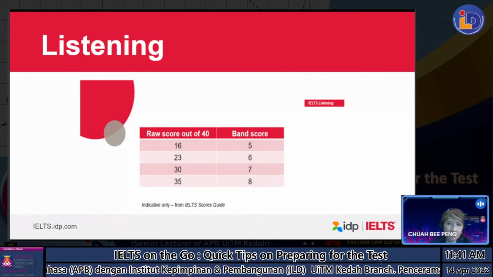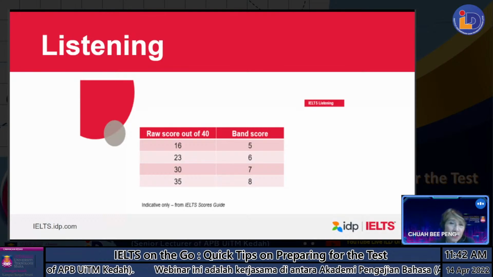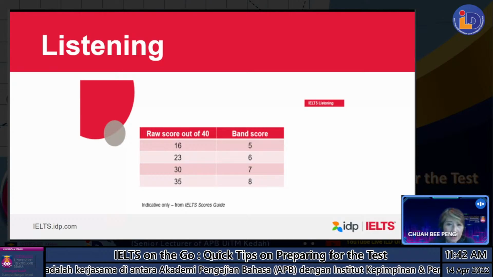I just always tell them, get as many correct answers as possible. If you have 40 questions, of course, the best is get 35 correct. Then you're quite safe. So try to hit at least 35 and above, if not 30 and above, if you do not require to get that high a band as 8. So Dr. Azhar, you may have to look at 35 and above. Yes, I shall.